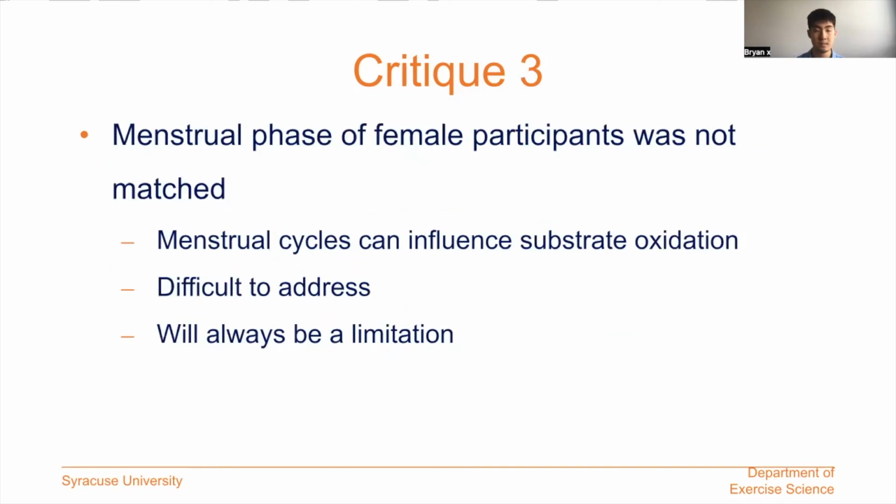Finally, the menstrual phase of the female participants was not matched. It is known that the menstrual cycle phases can influence substrate oxidation. However, this is a challenging aspect to synchronize, and the participants in the study also had irregular periods, making it even more difficult. Being unable to match menstrual cycles will probably be an aspect that cannot be modified and will always be a